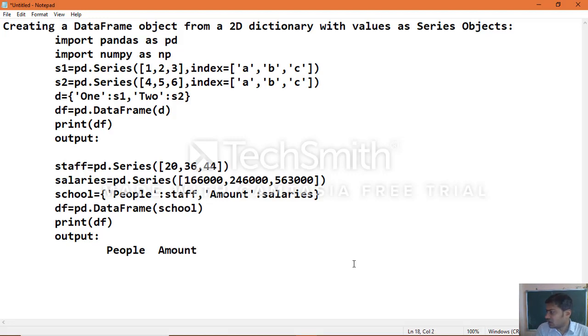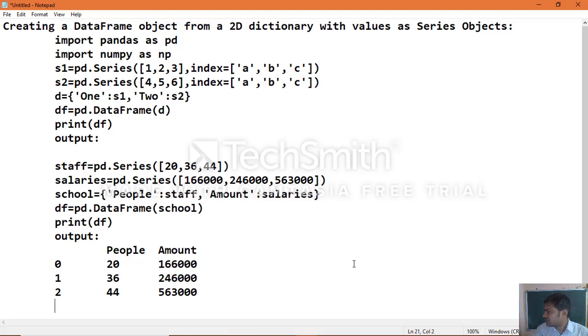Here the index is the default index. Then 20, amount 1,66,000. In the same way, index 1, that is 36, 2,46,000. Another index, 44, 5,63,000. This is the output for staff and their salaries, the total number of staff and how much amount is paid to those people.